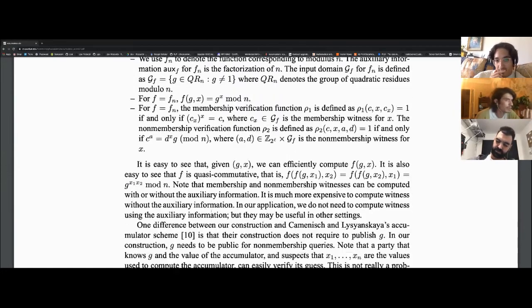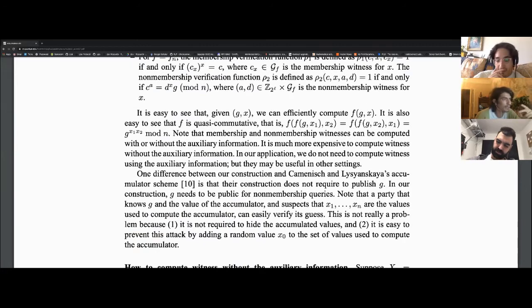And they rightly say that if a party has some sensible guesses for the data set, they can actually check what the data set is now, because they have G, right? While before, for the strong RSA, without G you couldn't actually get the accumulator; you get the exponent that gives you the accumulator. And that's not really a problem because, first of all, in some cases